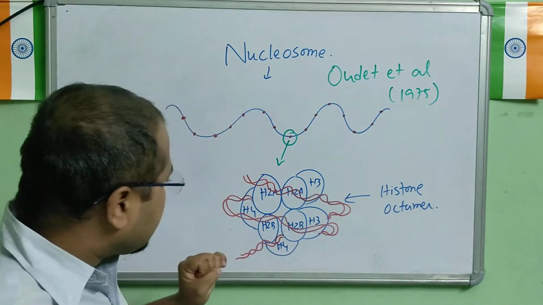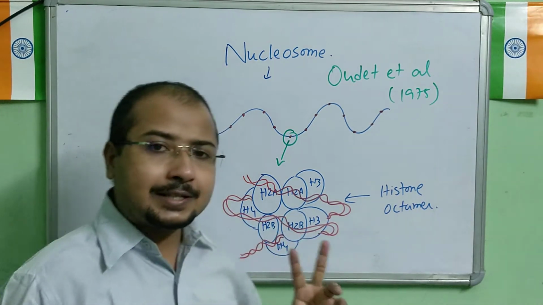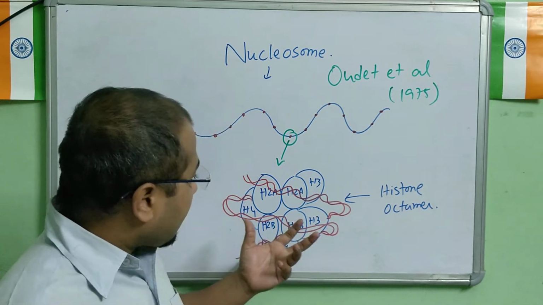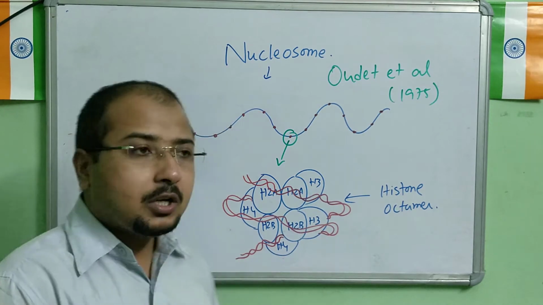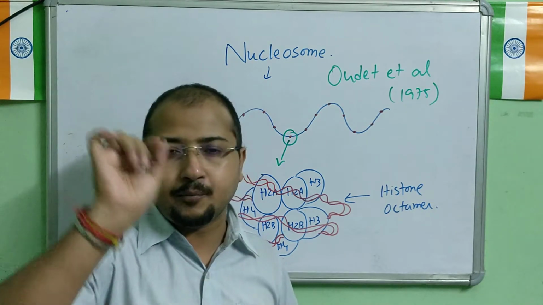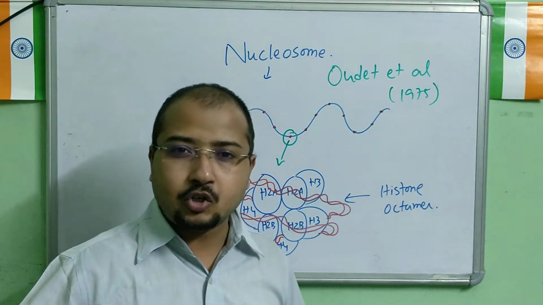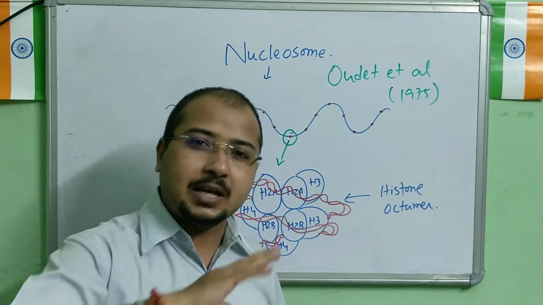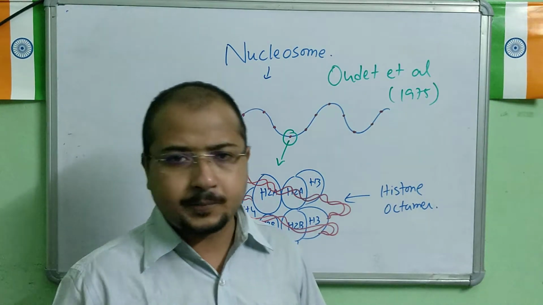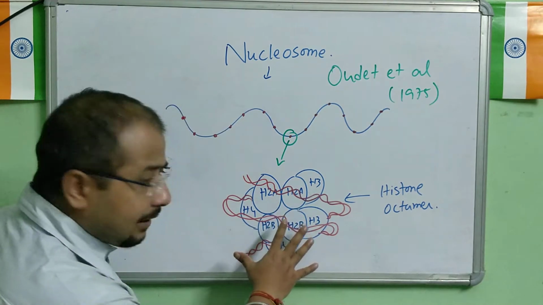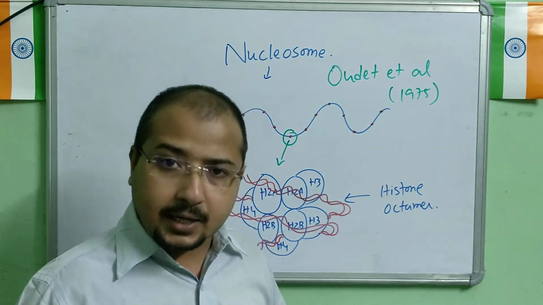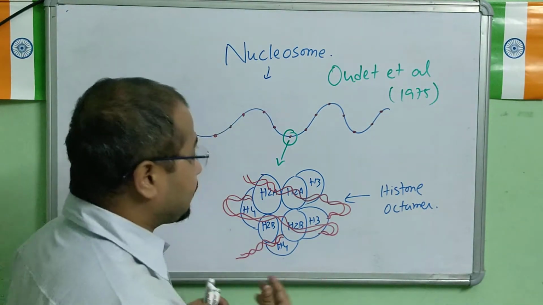Now two questions may arise in our mind: how does the DNA exist with protein? If you remember the DNA structure, we have seen different chemical bonds: glycosidic bonds, phosphodiester bonds, hydrogen bonds. The entire DNA strand is made up of these bonds. So how does the DNA exist with the proteins? Is there any chemical bond between them that binds them together? How are they existing together?